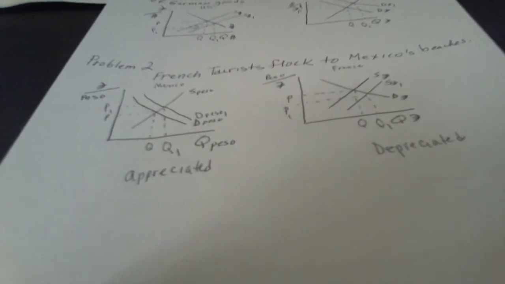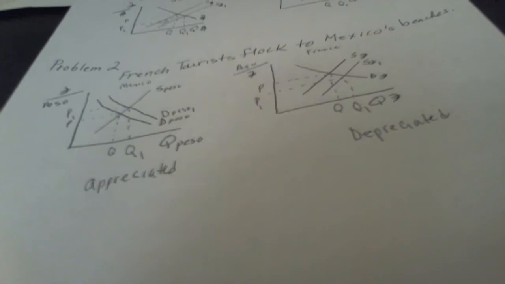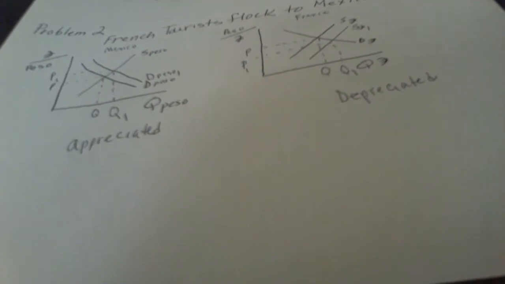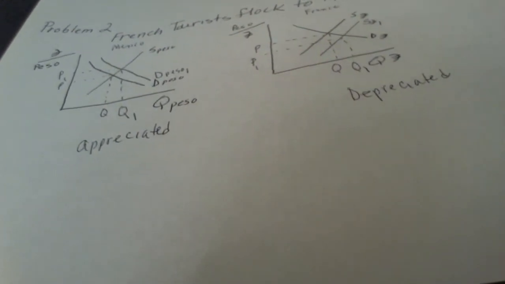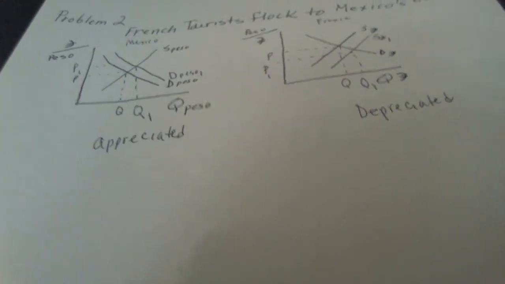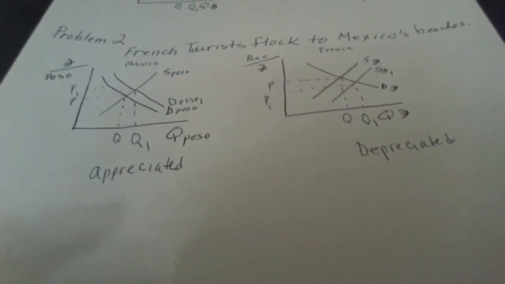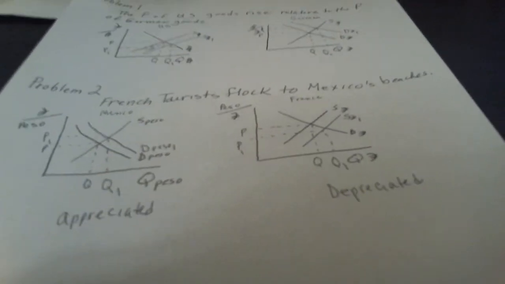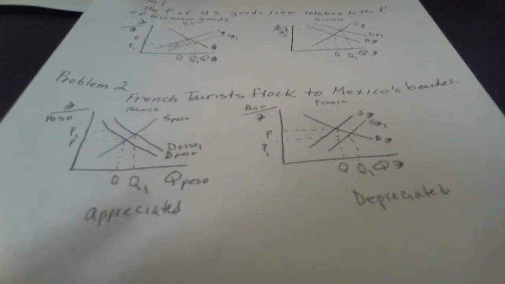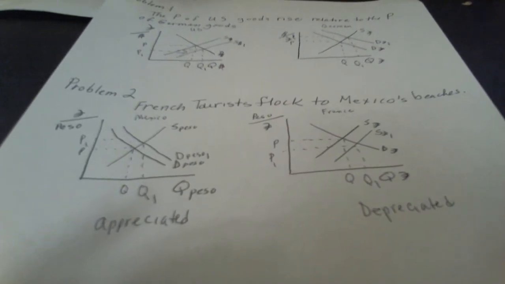Always think in terms of what is it that the person buying the currency is doing. They're supplying their own currency. The currency that they're buying is the one that has the demand. So buying currency is demand, supplying currency is what the